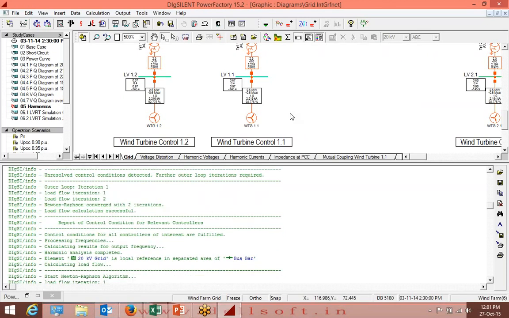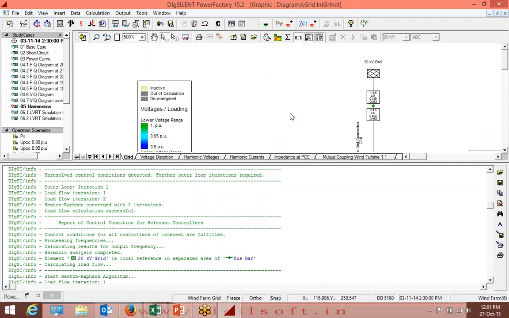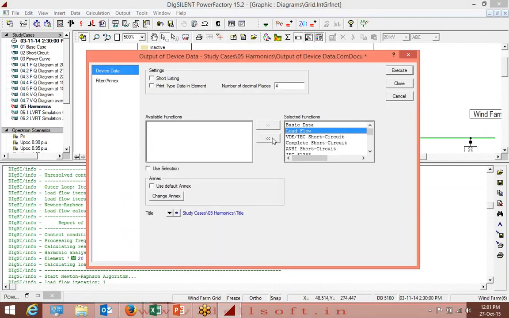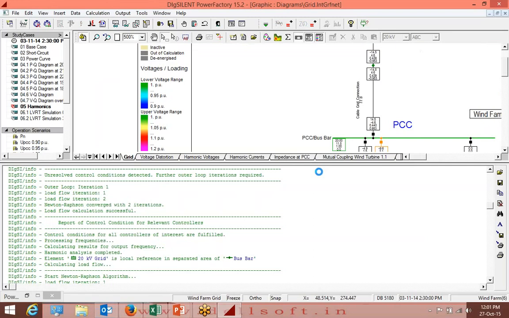So this is a load flow analysis. For viewing the detailed report of the load flow, we just have to select the load flow and execute the reporting part.